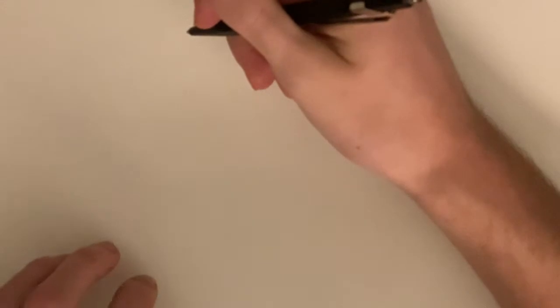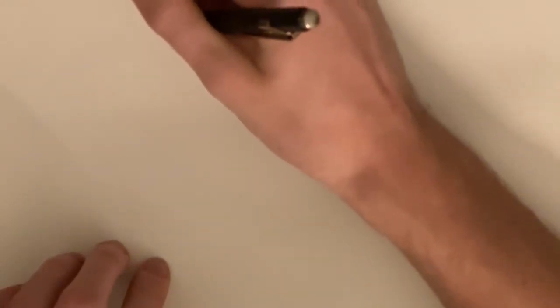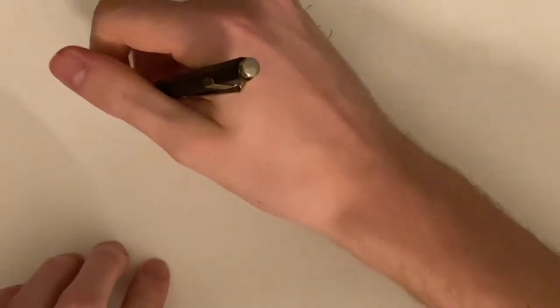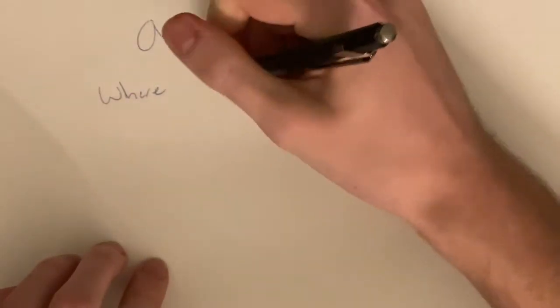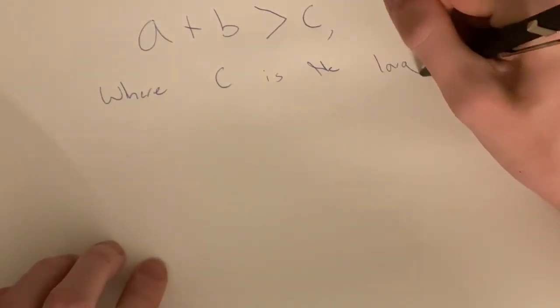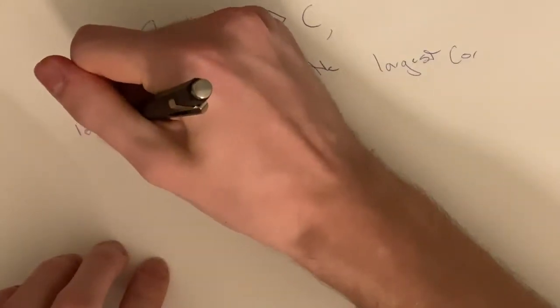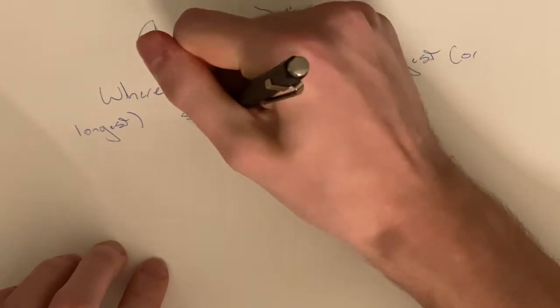So I'm sure you already know the triangle inequality, which states that when we have three sides of a triangle, A, B, C, then A plus B must be greater than C, where C is the largest or longest side. Okay, now this might not be immediately obvious why this is true, which is why I'm gonna show an